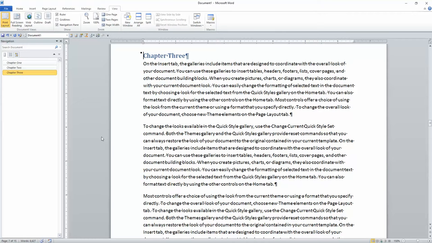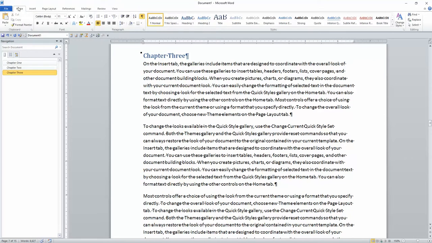Next, we're going to update styles. So as I mentioned, everything in Word is based off of a style, and most things are the normal style. So if I click in this first paragraph, you'll see that up here in my heading style, if you see the little orange, it's showing that this paragraph is in the normal style. That's essentially what that's saying. If I click back to chapter 3, then you'll see the heading 1 is selected so that I'm in heading